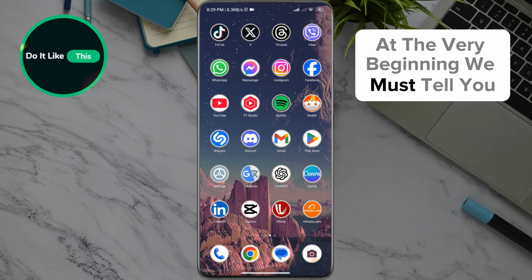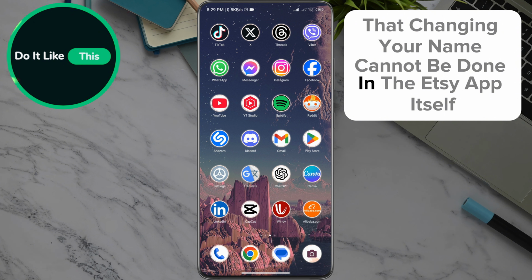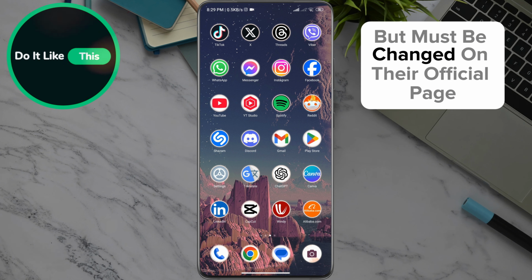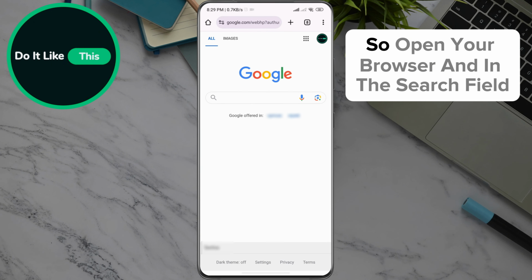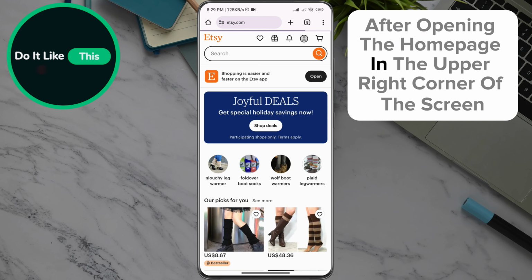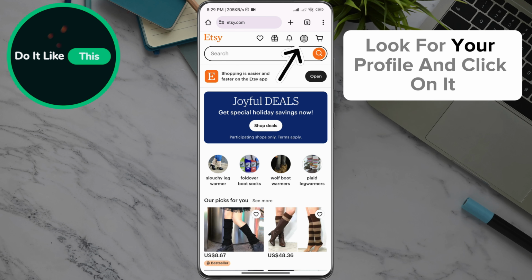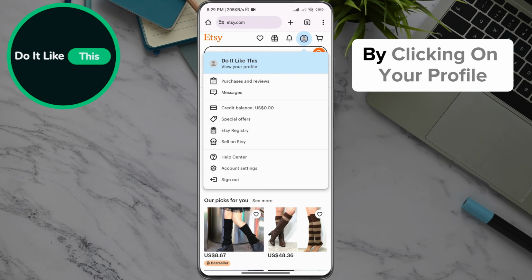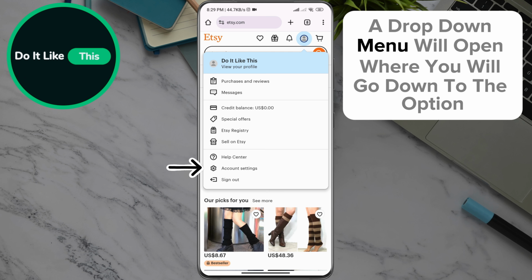At the very beginning, we must tell you that changing your name cannot be done in the Etsy app itself, but must be changed on their official page. So open your browser and in the search field type Etsy. After opening the homepage in the upper right corner of the screen, look for your profile and click on it. By clicking on your profile, a drop-down menu will open where you will go down to the option, Account Settings,